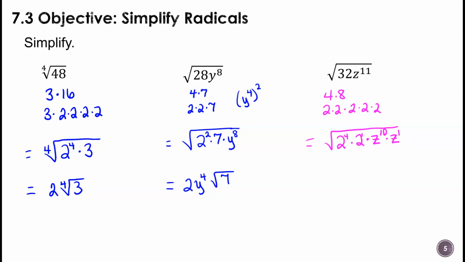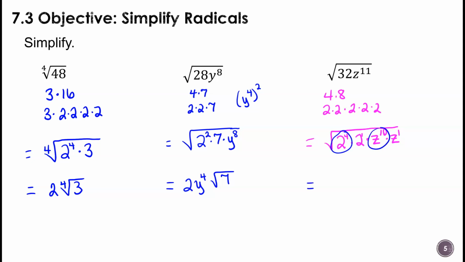If I take 10 plus 1, I get z to the 11th. Remember, that goes back to those rules of exponents. Same thing on the 2's, right? If I add those, that's 2 to the 5th power, and that's what 32 is, 2 to the 5th power. And so when I'm simplifying, right, I can take out these roots,